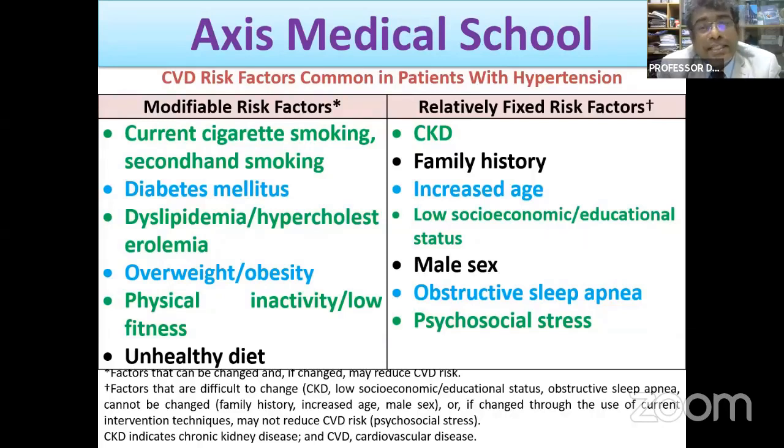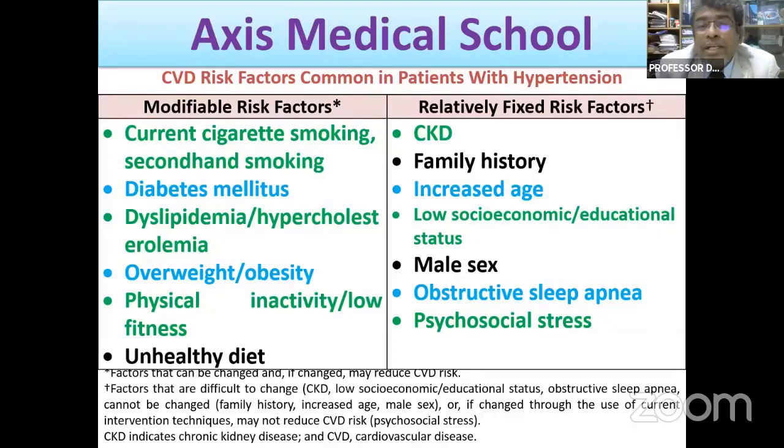These are cigarette smoking, and maybe even secondhand smoking, or passive smoking, may contribute to the development of atherosclerotic cardiovascular disease. Then diabetes mellitus, uncontrolled diabetes mellitus, dyslipidemia or hypercholesterolemia, overweight or obesity, physical inactivity or low fitness, and unhealthy diet. These are actually the modifiable risk factors, because we can modify them, like we can modify